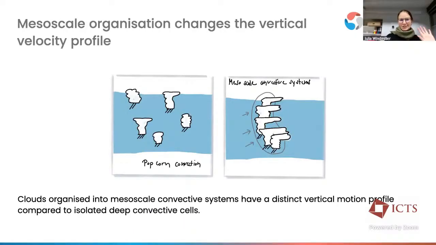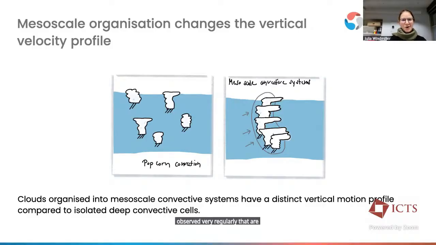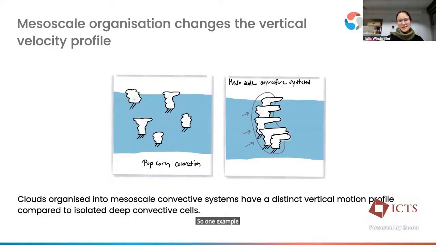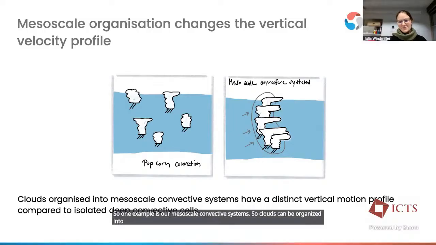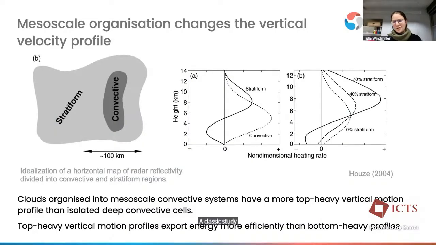But just to leave you with this for now, there are other forms of organization that are observed very regularly, that are very clearly occurring in the deep tropics, and that clearly impact things that we care about. One example is mesoscale convective systems. Clouds can be organized into these larger systems that have distinct vertical motion profiles compared to isolated deep convective cells. And there's a classic review from Houze from 2004,